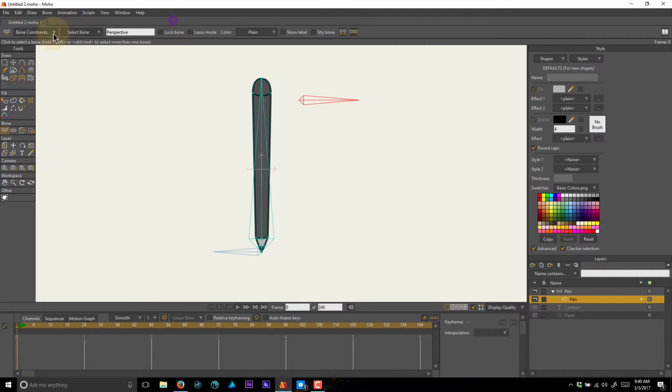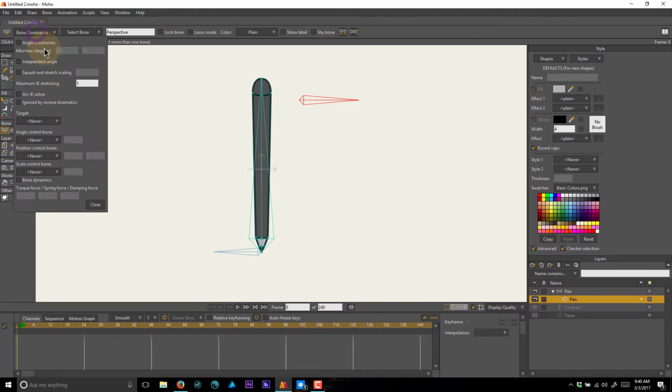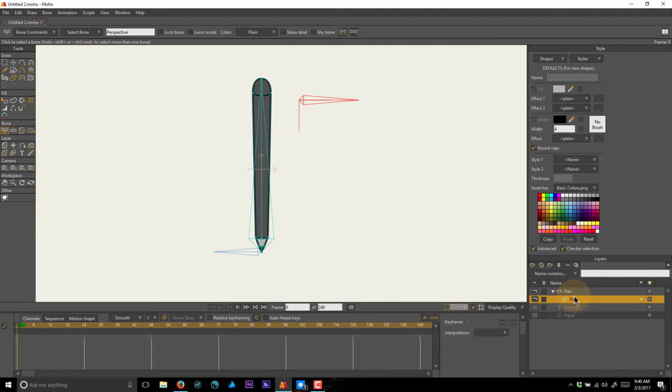But just to make this clear, this perspective bone, I'm going to give angle constraints, because I'm going to use this with an action as a smart bone, and usually I like to have constraints on it just so I know where the action begins and ends, and I can't really go beyond that. Okay, so we'll say -90 and 0 is fine. All right, so what we can do now,